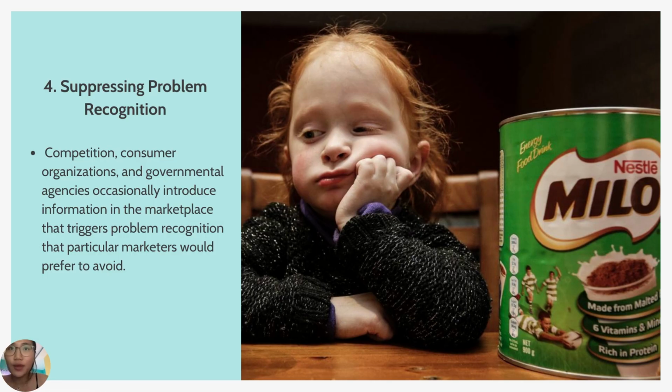And the last one is suppressing problem recognition. Competitors, consumer organizations, and environmental agencies occasionally introduce information into the marketplace that triggers problem recognition that particular marketers would prefer to avoid. For example, a Milo advertisement shows that their milk can give children energy in a day. However, on the bottle of milk, they also warn not to drink more than 3 bottles of milk per